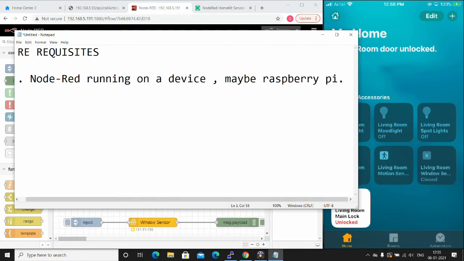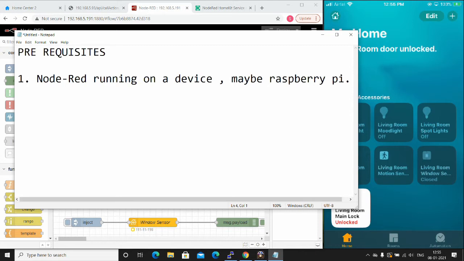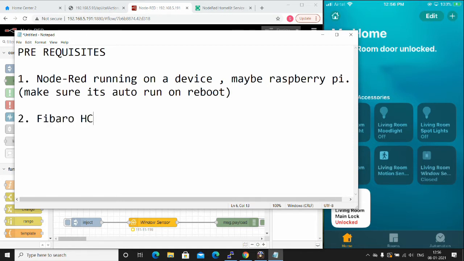Just make sure that you have configured Node-RED to run on auto reboot, as in, after a power outage, Node-RED should start by itself immediately. Otherwise, every time there's a power outage, you need to log in and turn on Node-RED, and only then can you control it. So make sure it's auto run on reboot.